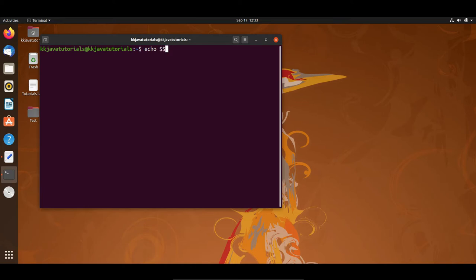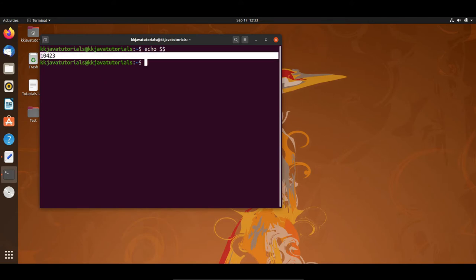The first dollar is to print the value of a variable, and the second dollar prints the process ID for the current shell. If you press enter, this is the process ID of the current shell, right? So here dollar has a special meaning, so you cannot use it as a variable name, right?